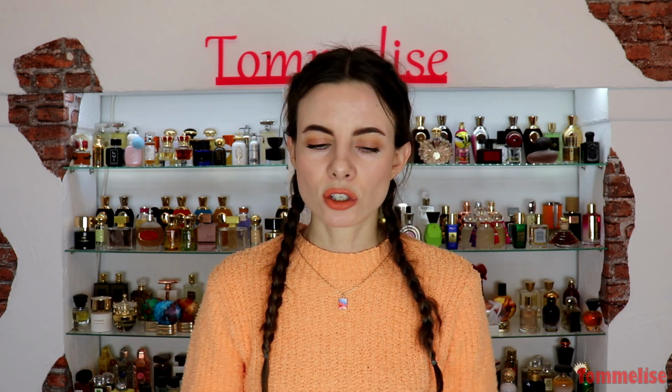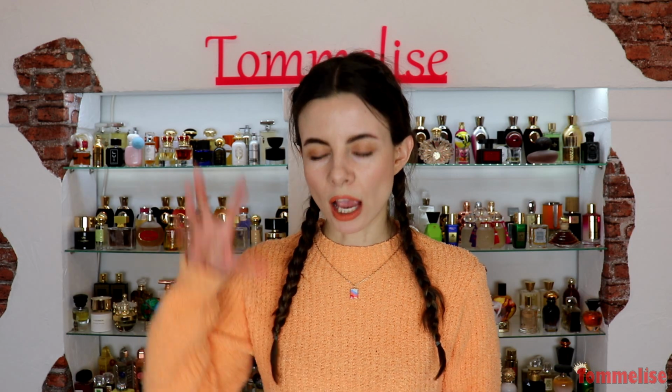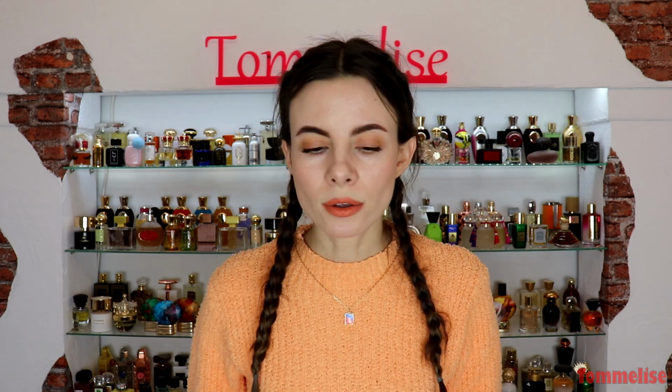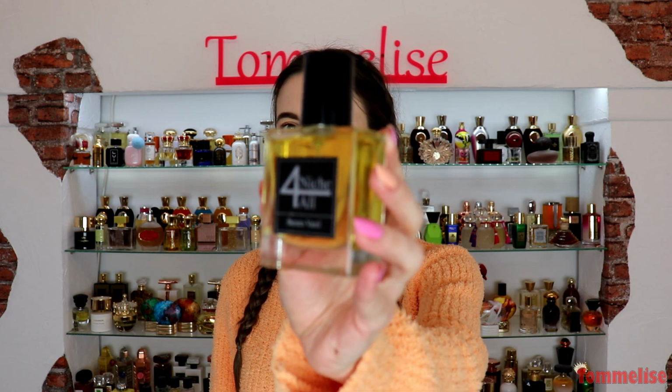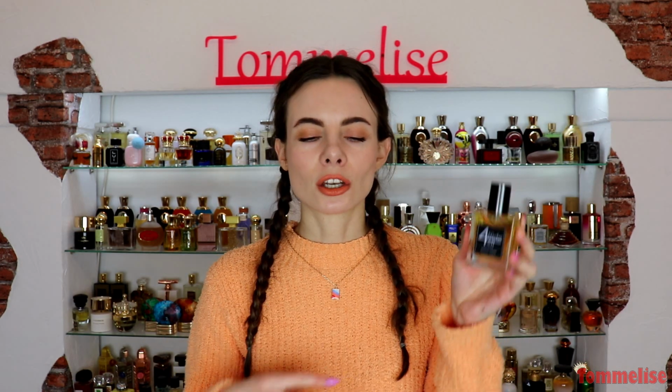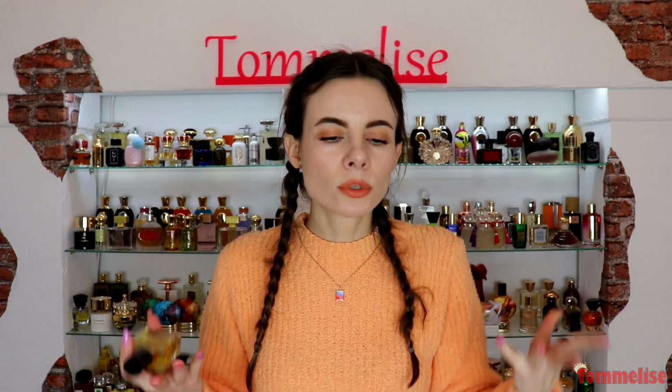But as the last one, I actually didn't know what to choose because I was really certain about the two previous ones, and for the third fragrance I chose something that just appealed to me because of the notes, and it is called Benzo Vanille. And besides vanilla and benzoin, which, as you already guessed because they are in the name, we have in here, there is also labdanum. So this is rather like a resinous fragrance because benzoin is this vanillic resin, and labdanum has rather like a green herbaceous boozy edge, and at the same time there is iris, there is gaiac wood, patchouli, vanilla, musk, bergamot,